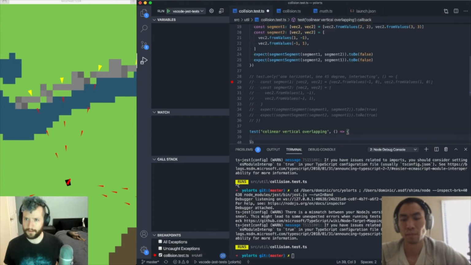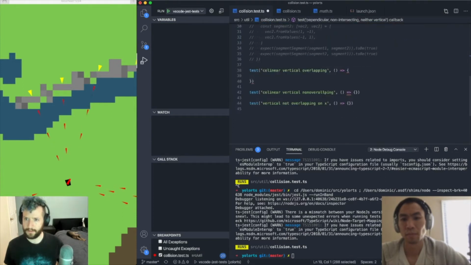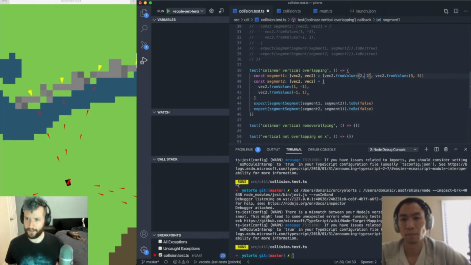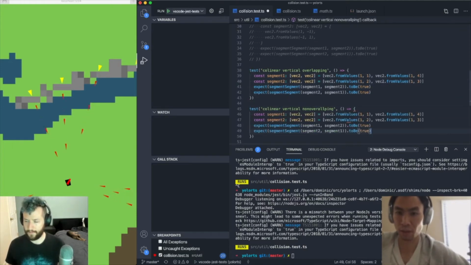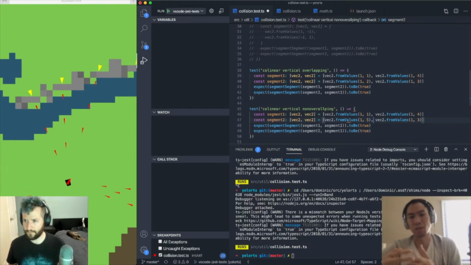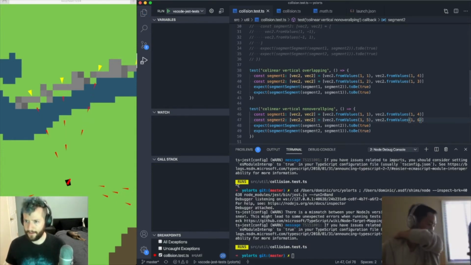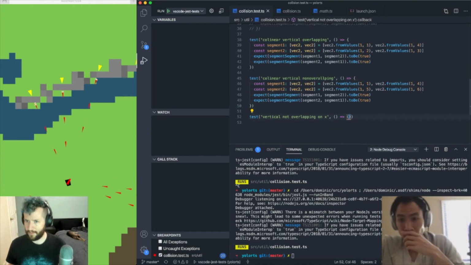Let's take a whole test. So we'll take x is 1, y is 1, x is 1, y is 4. And this is x is 1, y is 2, x is 1, y is 3. And that is a collinear overlapping segment. This is in fact a special case where one of the lines is totally subsumed in the other one. And this one is same line formula,